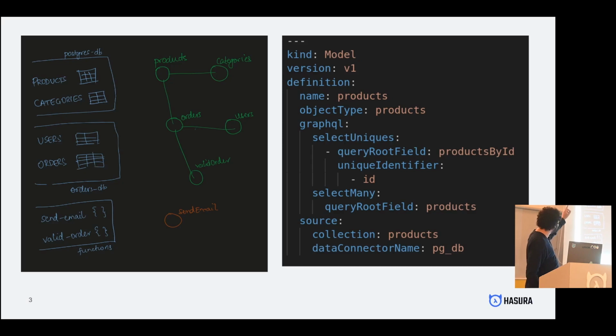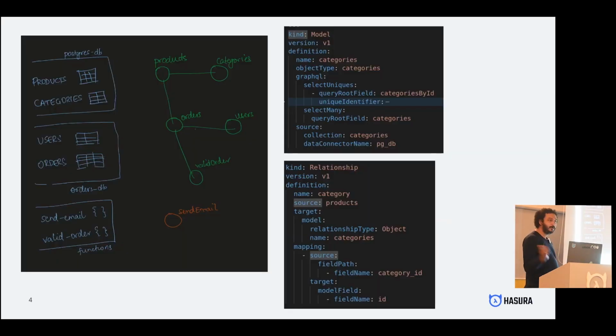So for the products table, for example, that's the definition. What does that say? It says, okay, this model is named products. The source for that model is this database and this table name, which is on the bottom over there. And also configure some additional stuff about the GraphQL side. For those who know GraphQL, it's like, what are the root fields? What should they be named? That's a configuration you can apply. And that's it. You're done. That's already part of your API now.